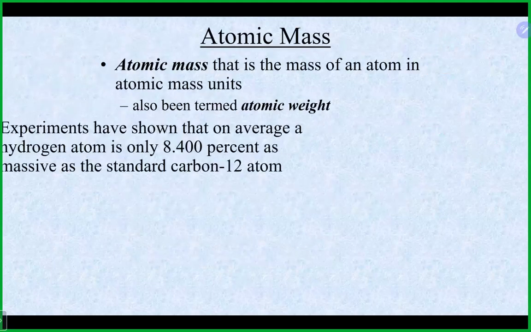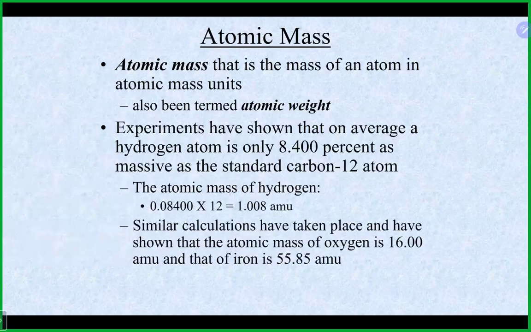Atomic mass, or atomic weight as it is sometimes referred to. Experiments have shown, for example, that hydrogen is only about 8.4% as massive as the carbon 12 isotope. So doing a simple calculation, we take 8.4% converted into a decimal and multiply it by the atomic mass of our standard isotope. We end up with the number that we see on the periodic table, the 1.008. Similar calculations were done for everybody on the periodic table. Oxygen is 16 AMU,